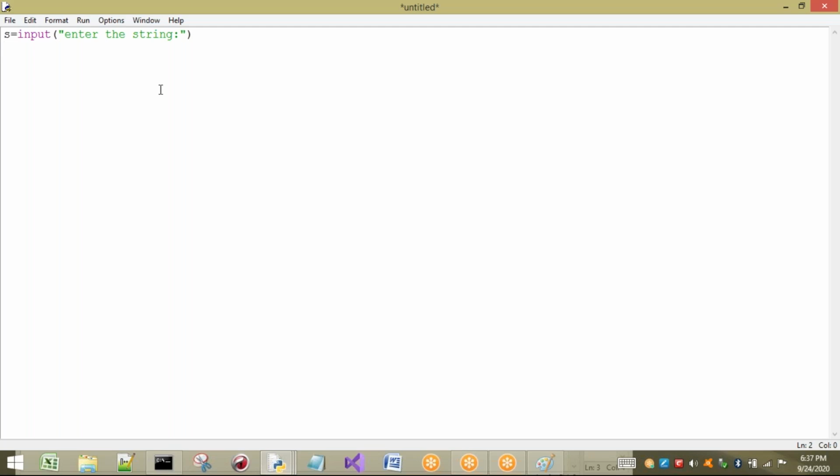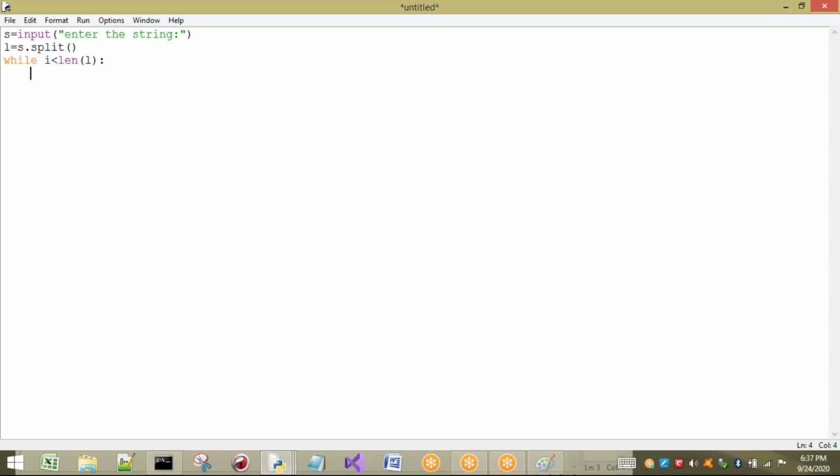So I am going to take a string in this one, and I want to split that. So I have to write s dot split. After splitting, we are going to get a list of items. I want to store them inside some L, for example. So L equal to s dot split. Now after splitting, I will directly write the logic. That logic is while I less than length of L. That means whatever values are present inside that list, I want to perform the operation on every string.